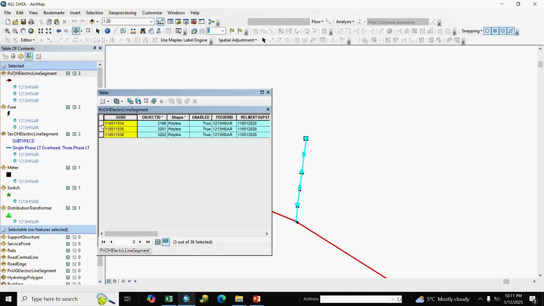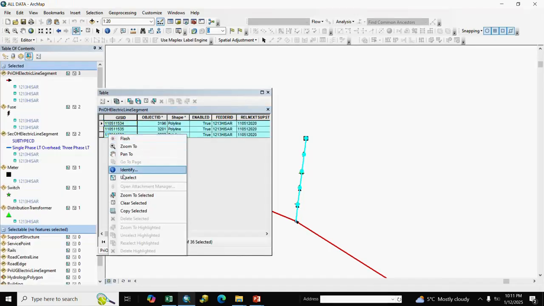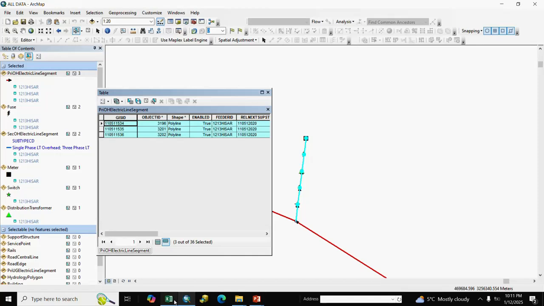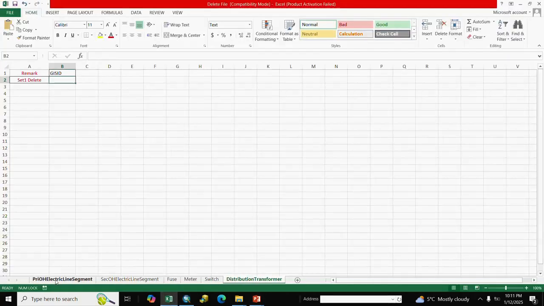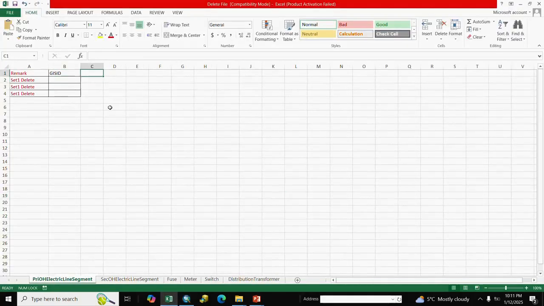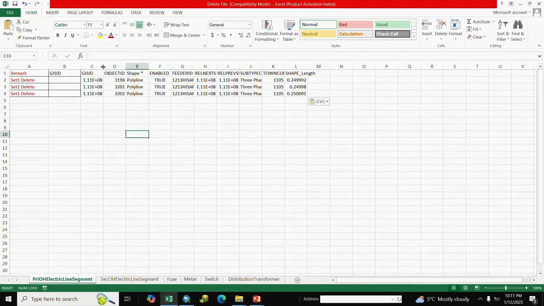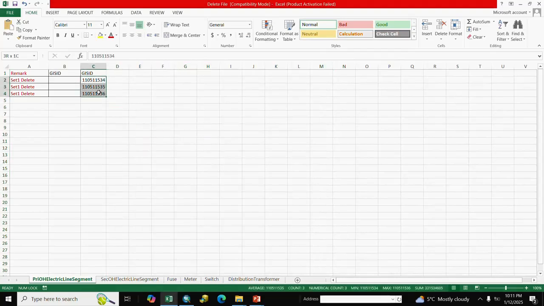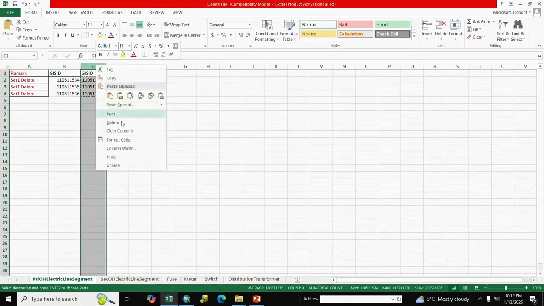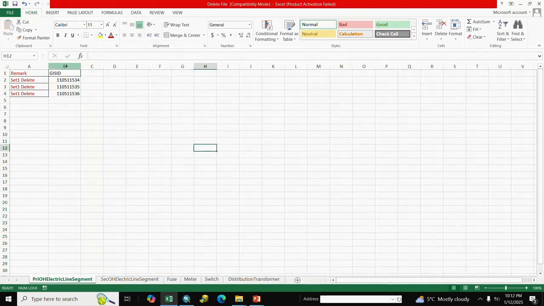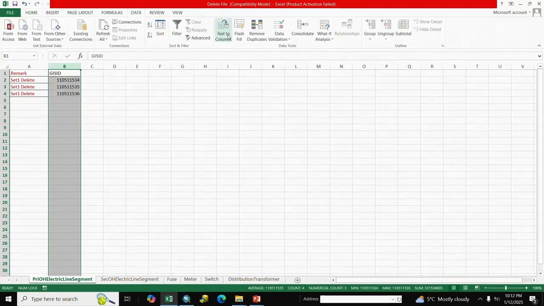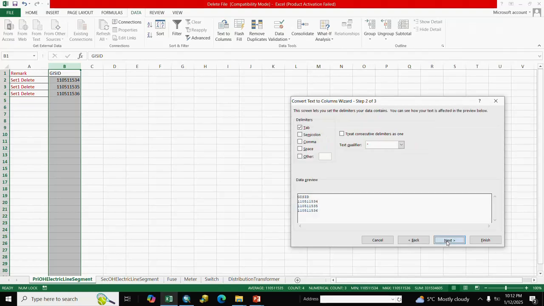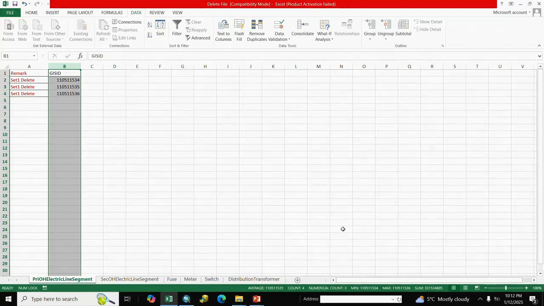We copy the GIS ID and paste it into our format. Here is the GIS ID, and we delete the other fields, then copy and paste here and convert to text file. Convert to text, finish.